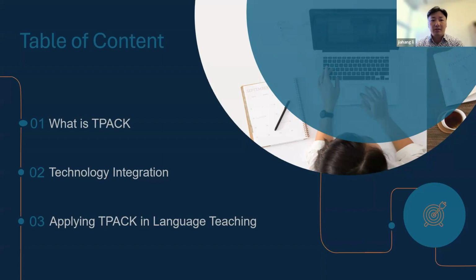Then I'm going to spend a little time talking about technology integration, because I think that's the central theme of this STARTALK program, and it's also very important given the current technology trends and advancement in the AI age. Last but not least, I'm going to spend a couple of minutes on how we can use this TPACK framework in the technology integration process when we're teaching a foreign language.